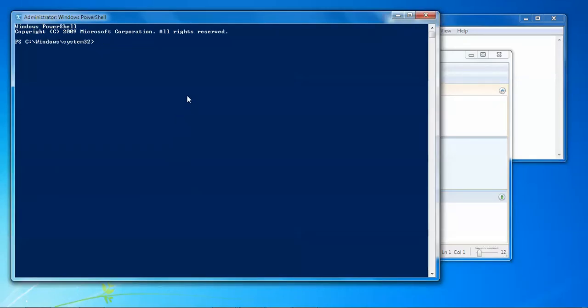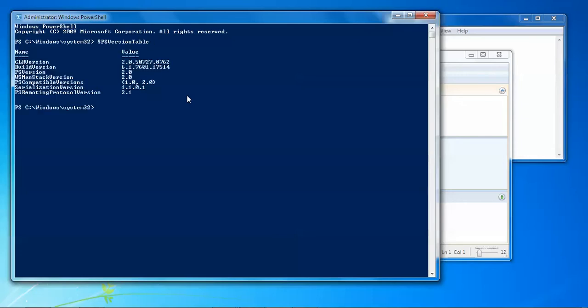Let's go to the prompt and see how to get the version of PowerShell installed on this machine. Now as I have the Windows 7 operating system, let's see which version of PowerShell I am holding. Enter $PSVER, hit tab, you get the command $PSVersionTable, hit enter. So you can see that I have Windows PowerShell 2.0.5 installed on this machine, basically on this Windows 7